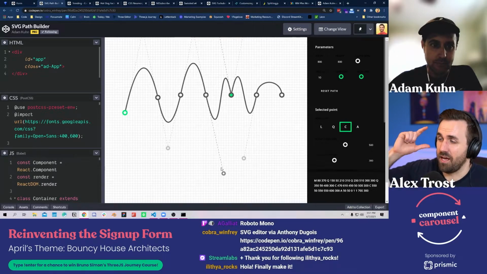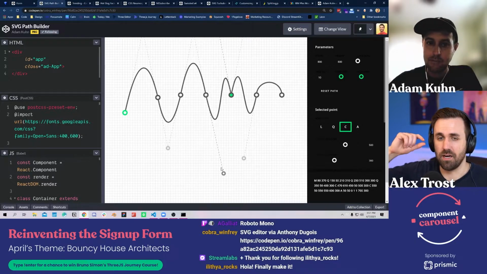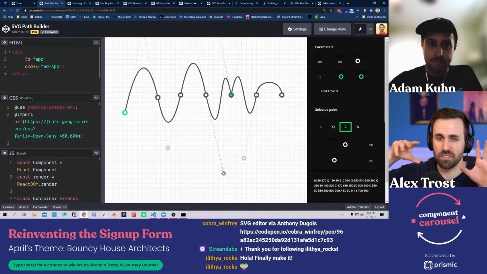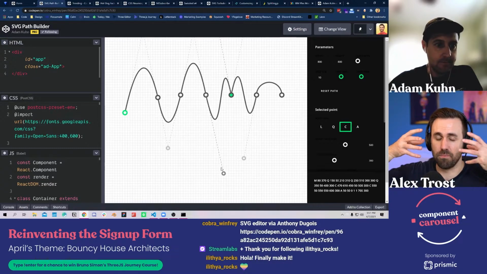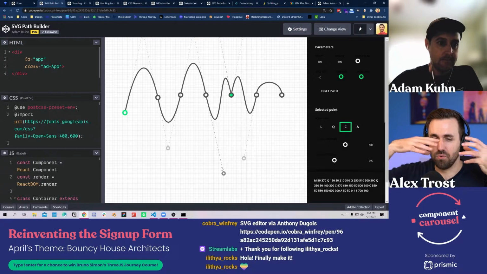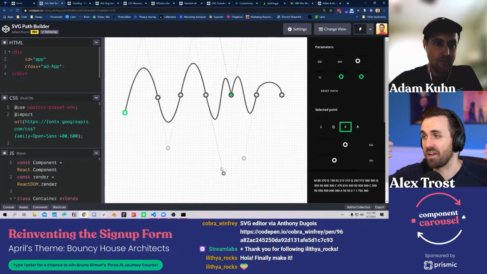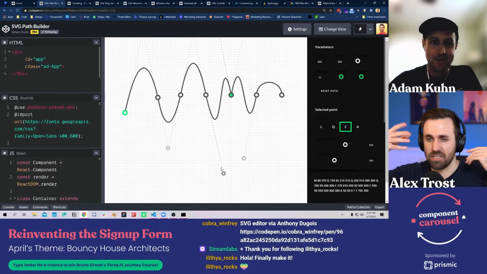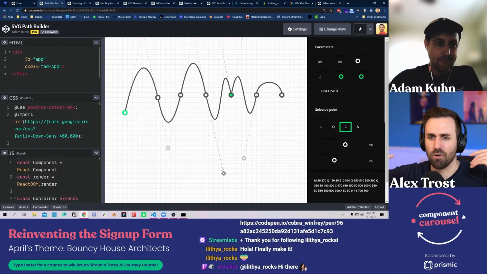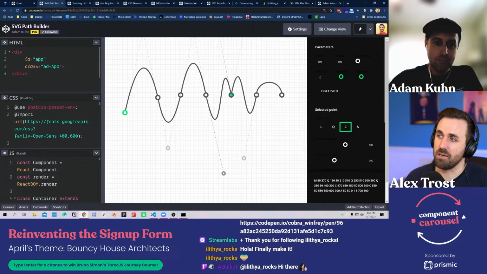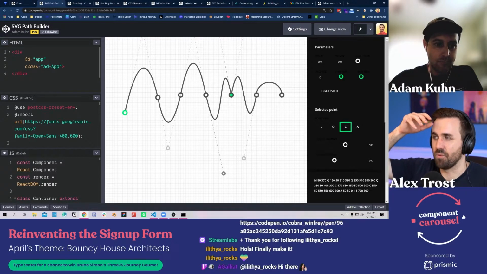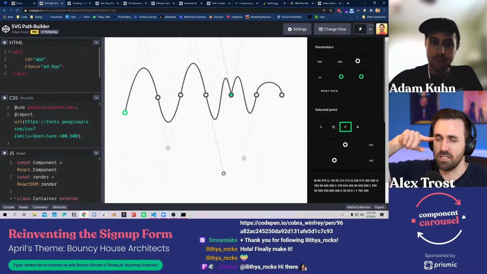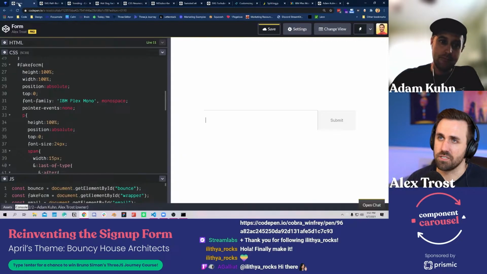Just in case the chat missed that, as long as two SVGs have the same number of points, CSS can morph between them. If two SVGs both have 5 points, you can do a cool morph. But if you have 6 to 5 points, you need something a bit fancier like MorphSVG from GreenSock. So Adam is intentionally keeping his different shapes with the same number of points so that CSS can just handle the transition.